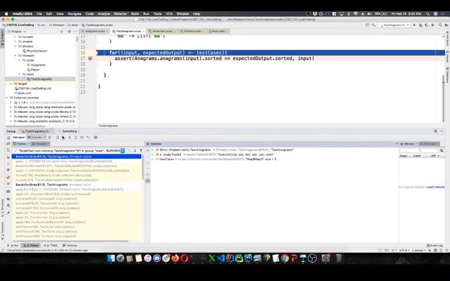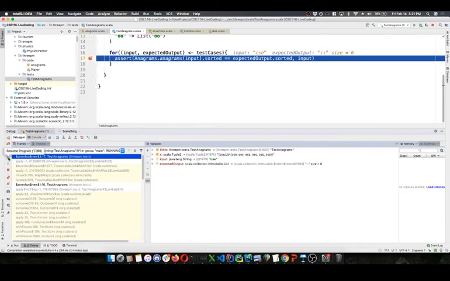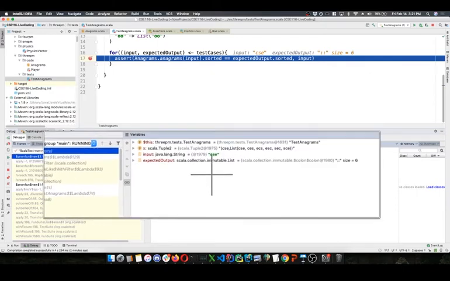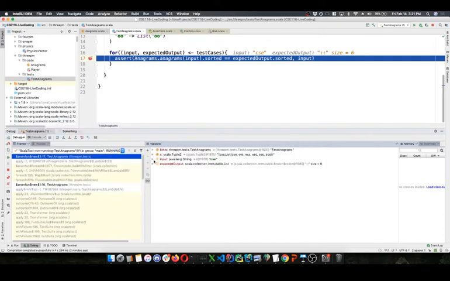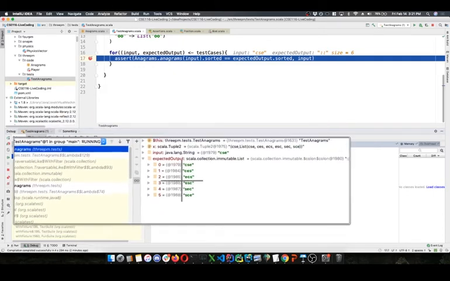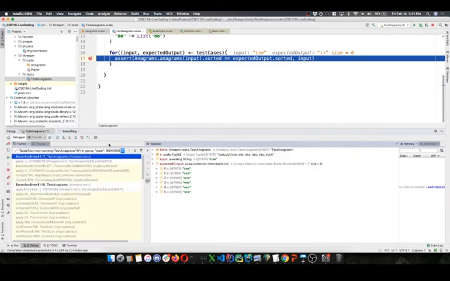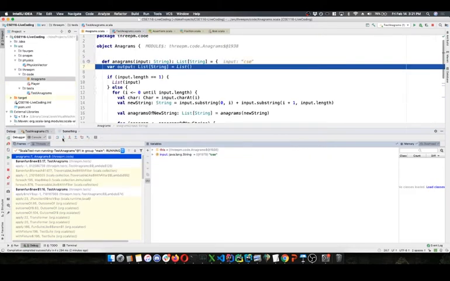And get to our next test case. Actually, I could show off this button. I'm going to resume. That's going to run the program until it hits my breakpoint again, so it's an easier way to stop. Now we hit our next test case, a more interesting one. We're actually doing some computation. CSE. I expect the output to be all of these anagrams. And let's see what our method does on this input. A little more interesting.